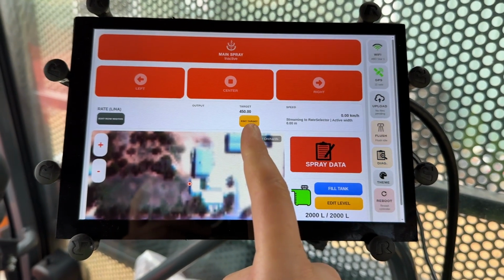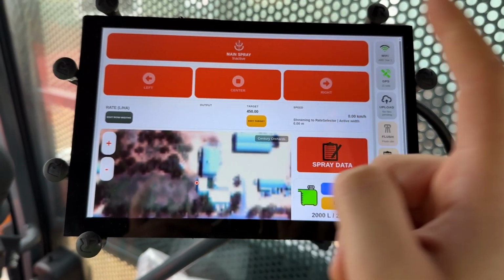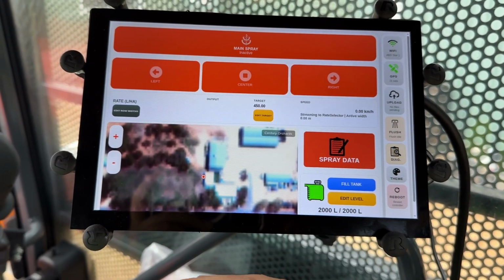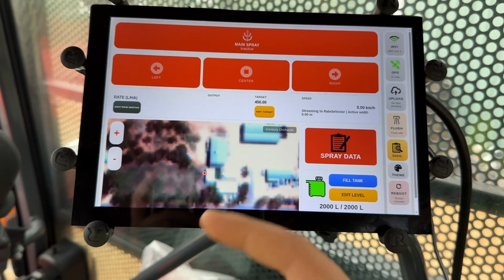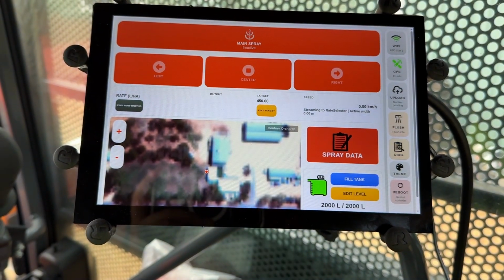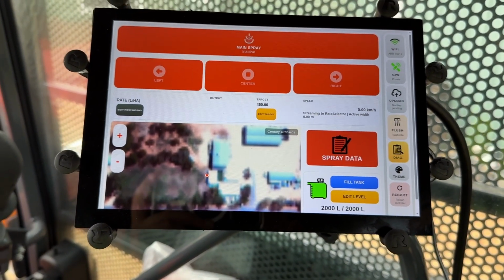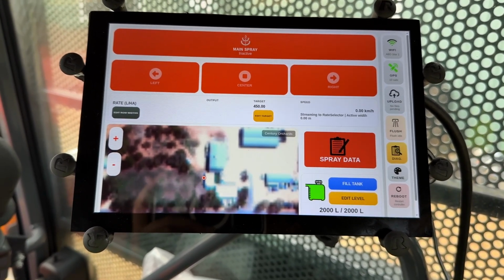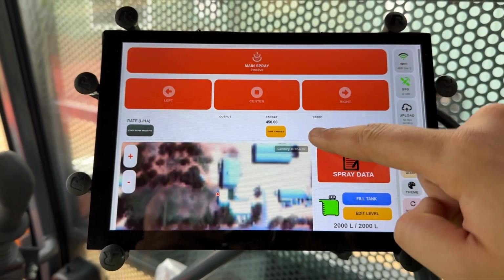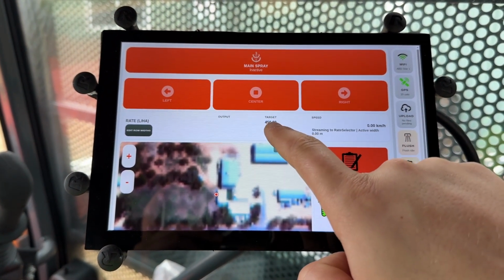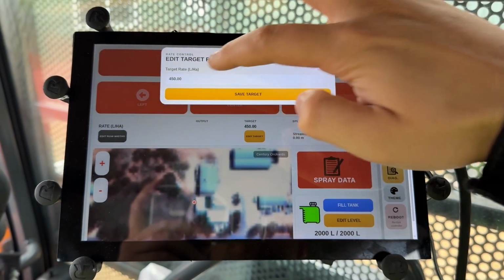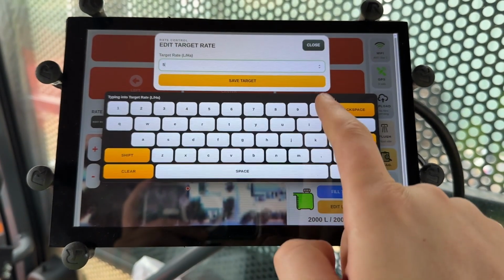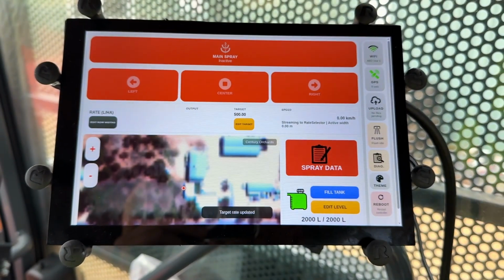So here for rate control, we've got our target. When we start spraying, it'll have an output as well as speed. So the system will, depending on what sections you've got open and where you're going, it will be colored in green or yellow or red, and that will just tell you whether you're within 10%, within 15%, or within 20% of your target rate. You can also edit the target rate at any time in the job. Hit that button there, come in here, tap on the text box, you can clear it. Let's say we wanted to bump up to 500 liters a hectare, then go save target, and then it's changed